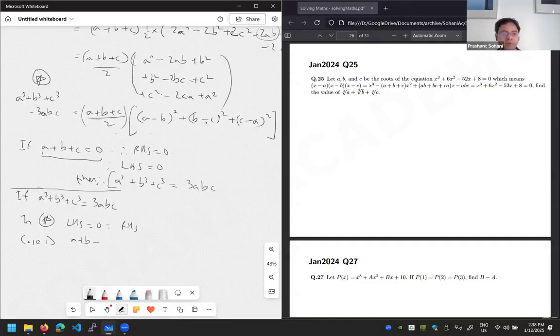So a plus b plus c is equal to 0. This can also happen. If a plus b plus c is 0, then it is case 1. But if, let us say, we know a plus b plus c is not 0, then the second bracket has to be 0, because the product is 0. So if the second bracket is 0,